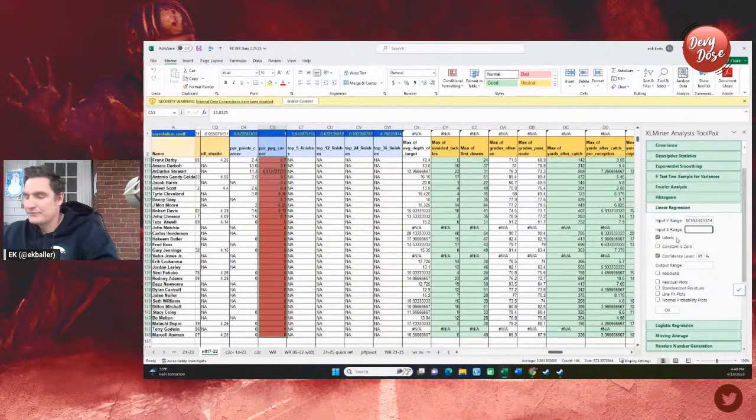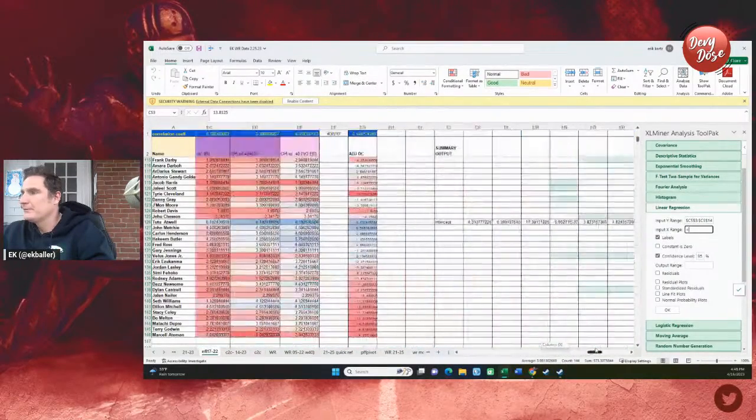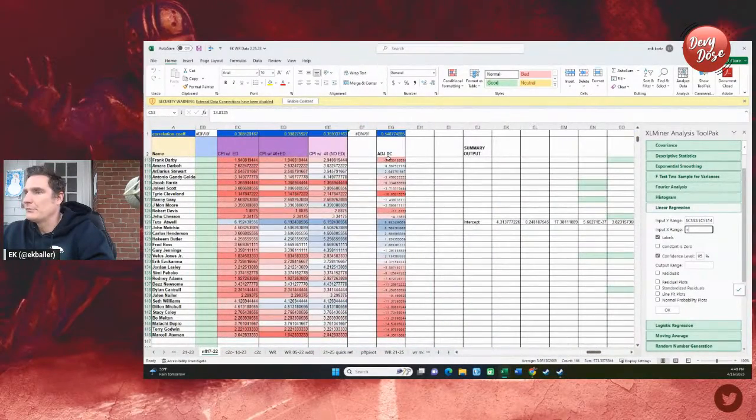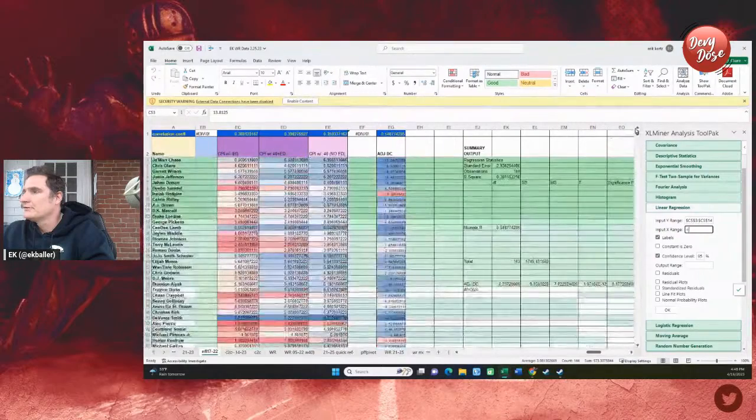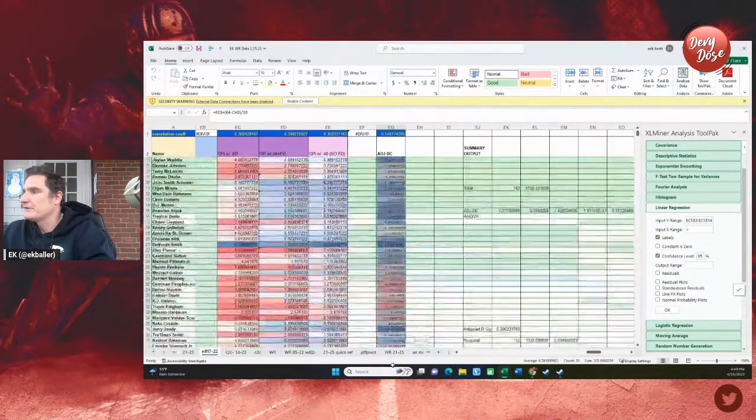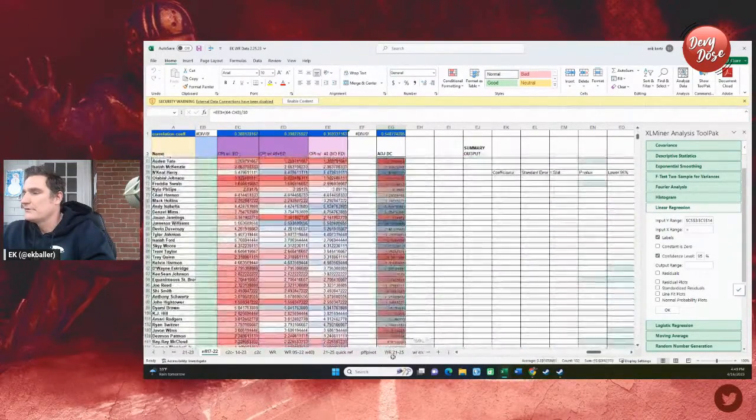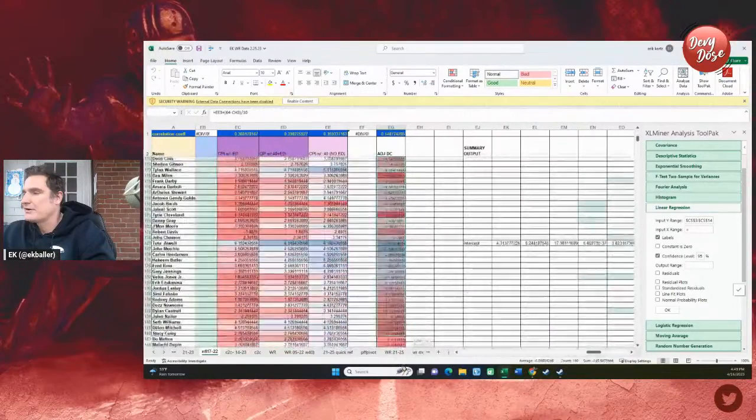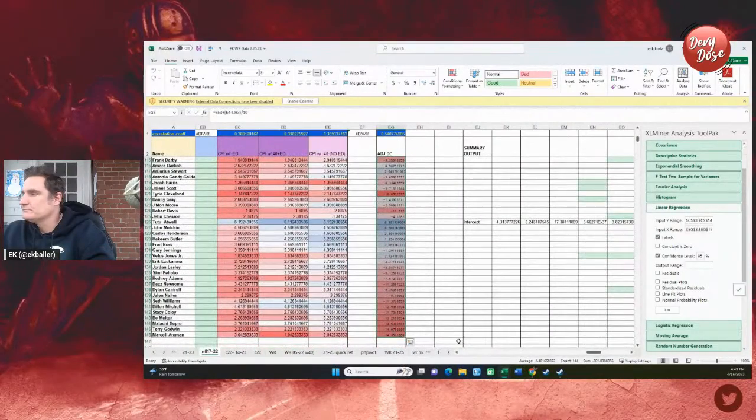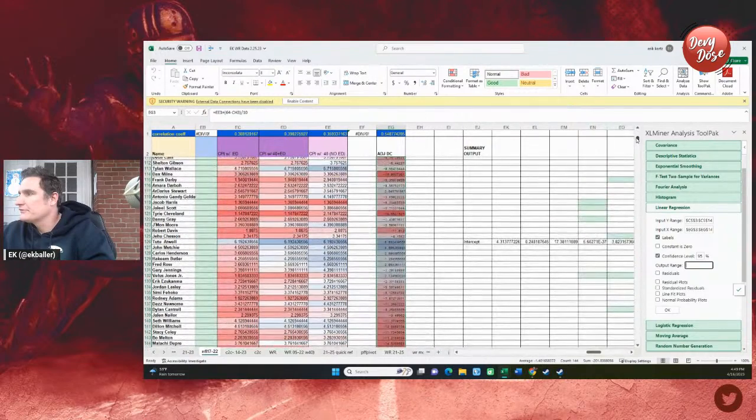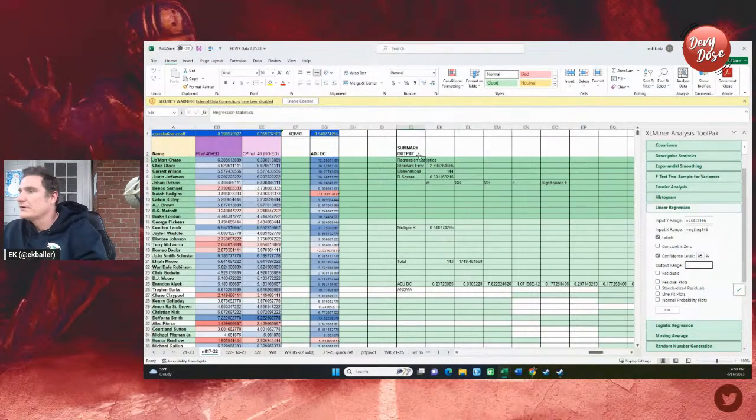And then X range is the independent variable. This is what I'm testing. So what we're really trying to look at here is, does variance in one of these explain variance in the other one of these, right? Does changing this change that output? And the output range, just click on a cell, self output range,